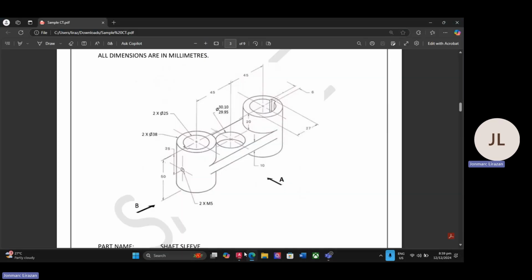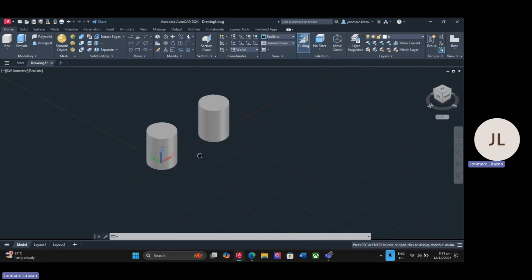Next we are going to make this flat plane with a hole in the middle. First we need to find out the area of this rectangle. We can assume that its length is 45 and 45, so 90, and the width would be the same as this cylinder, which is 38. So 90 by 38. In order to create a rectangle, just press this one, rectangle, then click